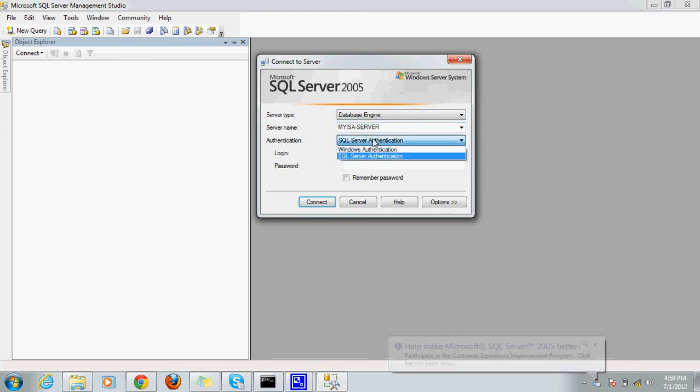Here I'm selecting the authentication type. As you can see, we have two types of authentication over here, Windows authentication and SQL Server authentication. Windows authentication means you don't need to pass any credentials. If you have once logged into your Windows, you can log into your database. Now if you select SQL Server authentication, you need to provide SQL specific credentials, like I have SA, and the password is Technikia.